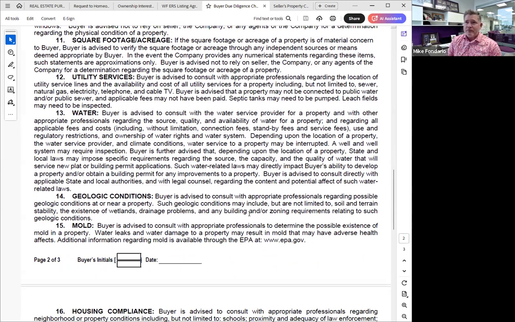Utility services. If it's working, great. But if you're buying a piece of land, that actually can be a difficult thing to discover. You can get maps of where the utilities are from utility companies, but it's a hassle. If you're buying a piece of land and they go, yeah, utilities are available. Are they though? Because that's a subjective term. Available can be subjective, and it's always subjective for the seller and dollars and cents to the buyer. Water, that's utility services too.